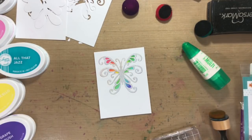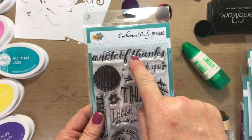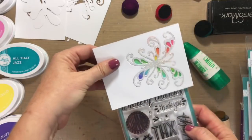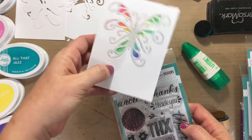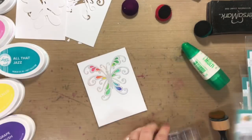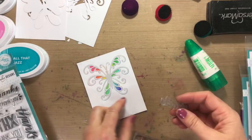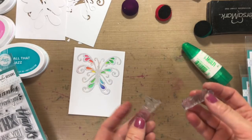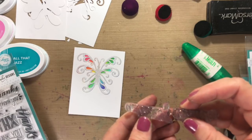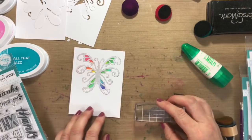All right, so greeting. Note of thanks. I'm in love with this. It's very long and definitely fits the long way on a card, or if you do a 4 1/4 inch card, this is cut shorter, it's gonna fit. But if you want to mask it off, you can, or don't panic. I cut mine. If you cut it at an angle, you'll be able to line it back up later. Let's see, note of,